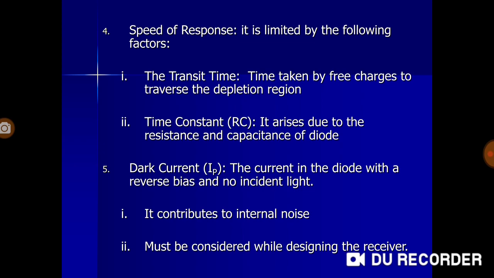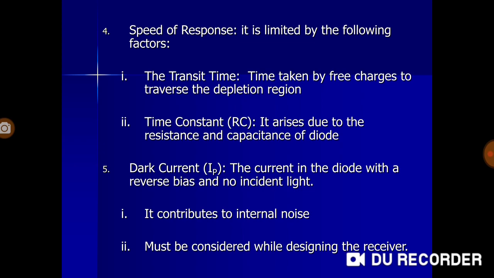And how do this R and C come in when we are talking just about a photodiode or a simple diode? In that case we should know that under reverse bias the resistance of the diode is large, and secondly the junction itself is a cause of capacitance. It serves as a parallel plate capacitor. So there is a junction capacitance as well as reverse resistance. So this R and C crop up as a time constant tau. It arises due to the resistance and capacitance of the diode. So these limit the performance or the speed of response of the photodiode.